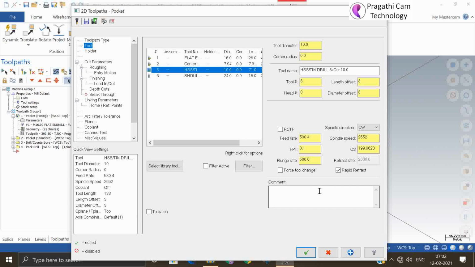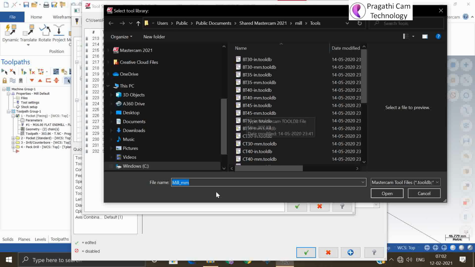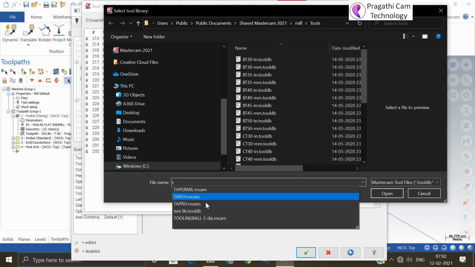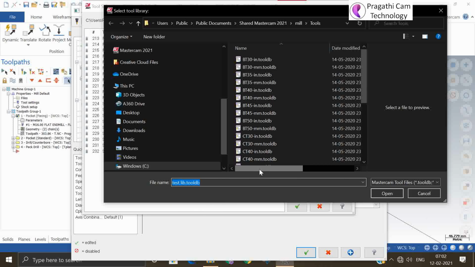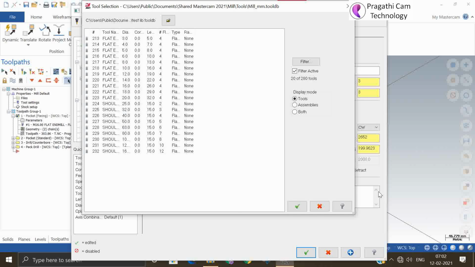So now a new library, the test, has loaded 4 tools. If you want to change, you can change your tool library. Now I will check the test tool library. I'll say open.